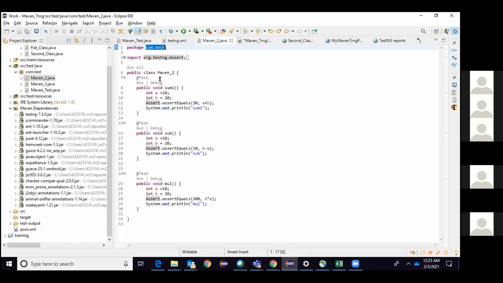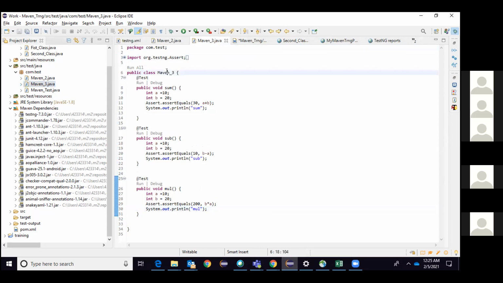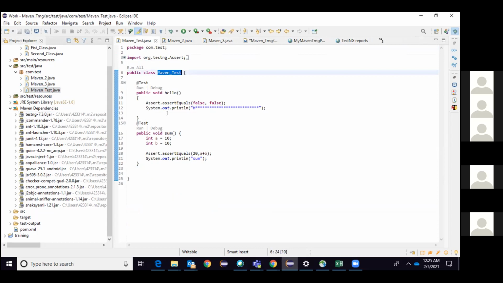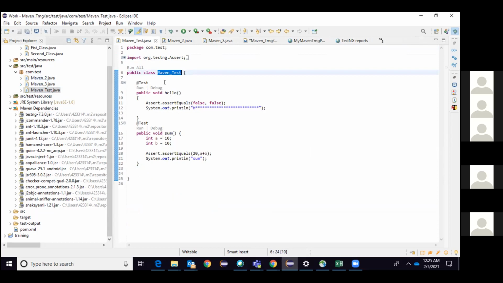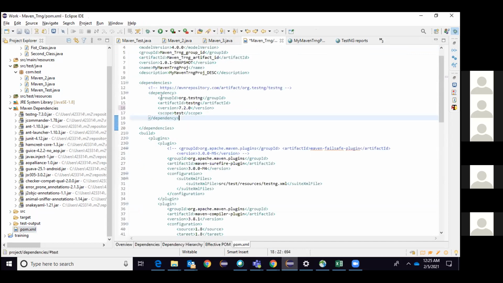In the com.test, I have wrapped the class Maven2. In the com.test, I have wrapped the class Maven3. In the com.test, I have wrapped the class Maven test. In the same way, the guy who has implemented testng has wrapped his classes under the name org.testng. That is called the group ID.